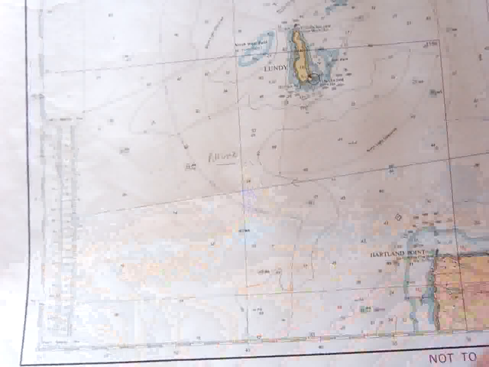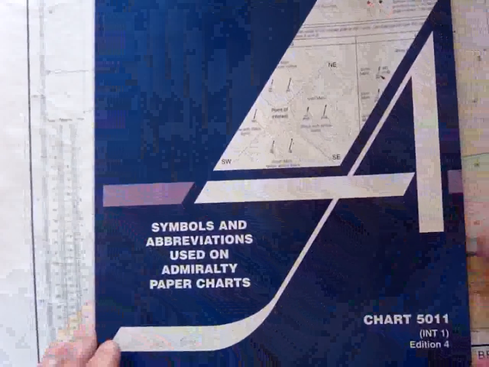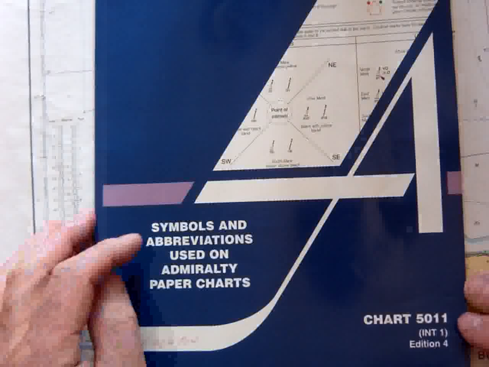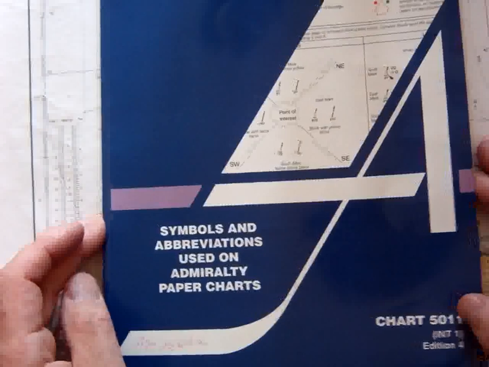Now, to find out lots of information about a Mercator chart, I would strongly recommend that you either purchase or go to the library and seek out this booklet, Chart 5011, which is concerning symbols and abbreviations used on the Mercator charts. And if we look through, we have lots of information about the buoys on the charts, the lights, tracks and routes that you would take, offshore installations, rocks, wrecks, any obstructions. All this information is contained within this 5011. Nature of the seabed,